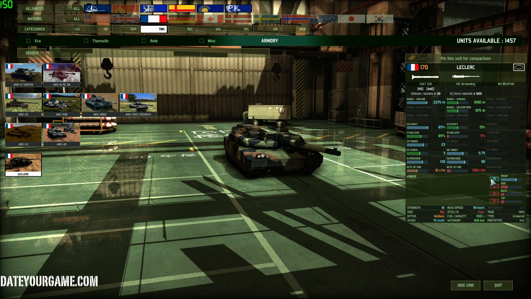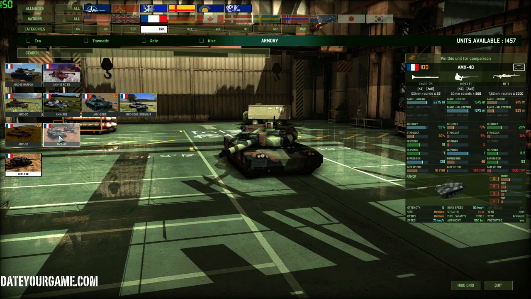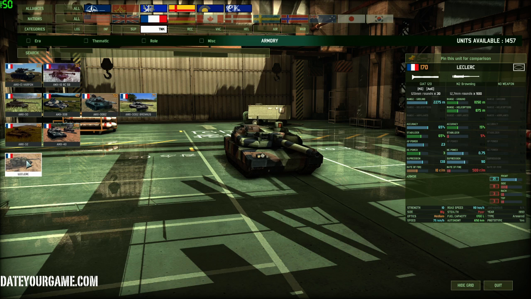And I guess the front armor 21 is also very good. So the French used to be a faction which did not have much armor, and most of their tanks were, well, the AMX-40 was okay, but you know, 12 armor. Well, when you compare this with the Leclerc with 21, it's a very different thing. So now the French have a good front